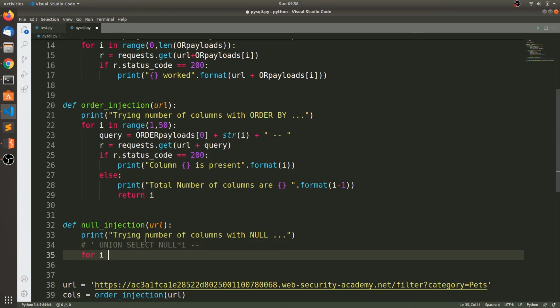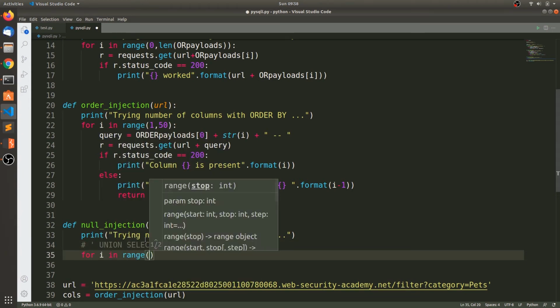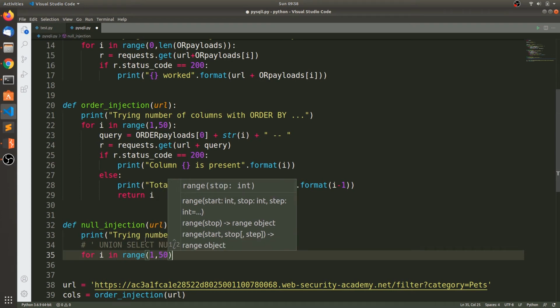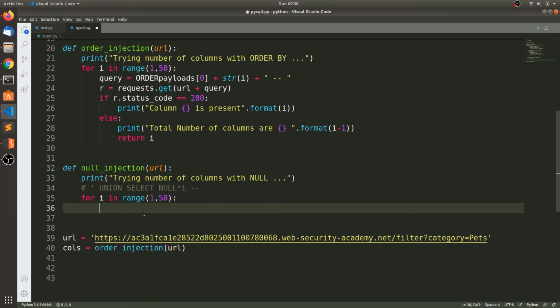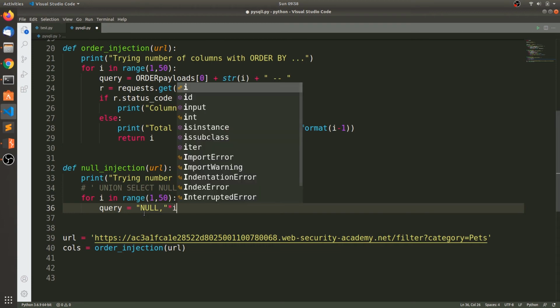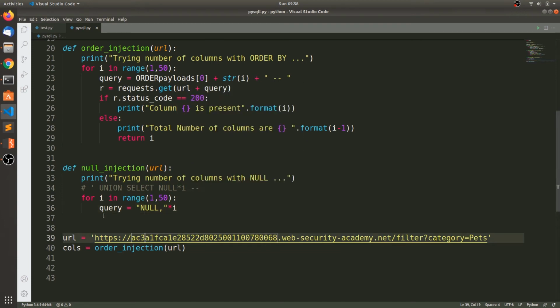So for i in range of 1 to 50, same 50 columns like this one, let's say query is equal to null comma, and we need to multiply with i. So on the second iteration it will be null comma null comma.